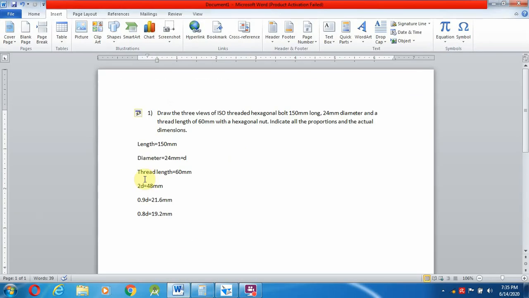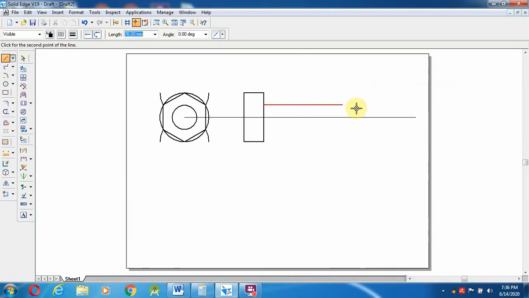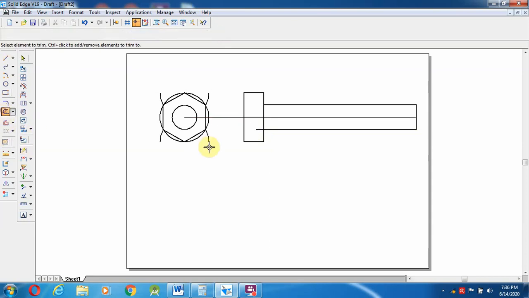The bolt length they gave in the question itself is 150 mm. The bolt length is considered from here itself, so 150 and 24 mm, and I am going to close over here and select the trim option.